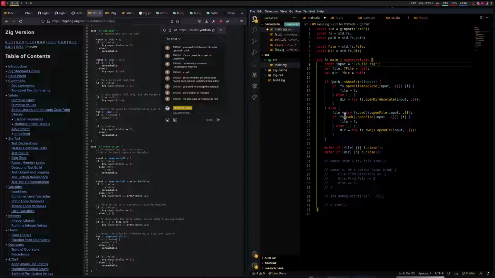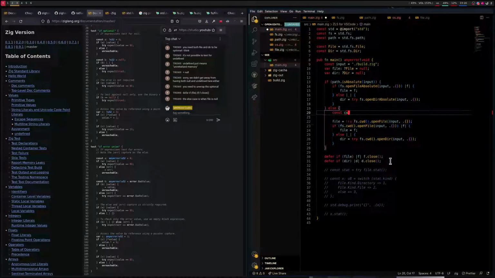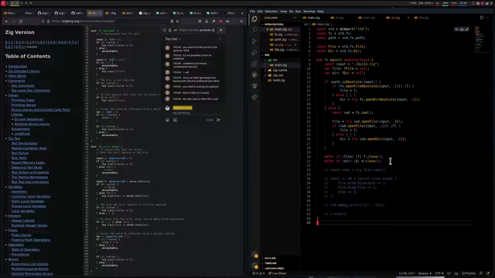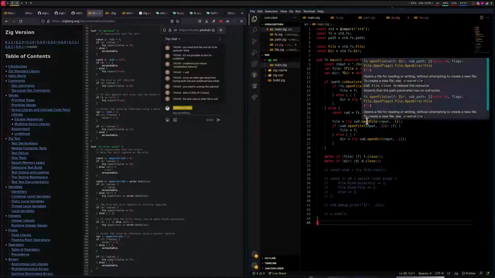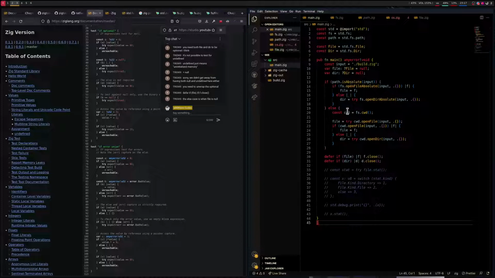Actually, we don't know if we need it yet, so const cwd is that. Now I can replace all three of these with cwd, so we don't call the function three times. Zig might optimize it away, I'm not sure, but might as well, right? It's fewer characters too. So cwd dot open file. If it's not absolute, it's relative. We try open file. If that errors, then we try open dir relative, and if that errors, we give up. And if either of those things happened,